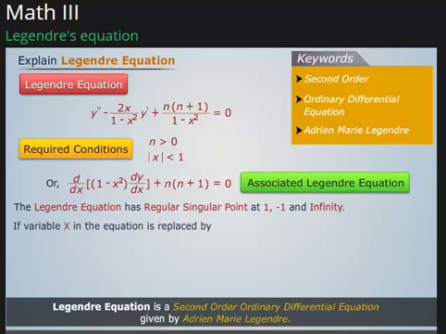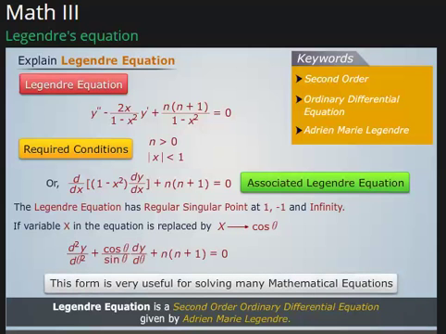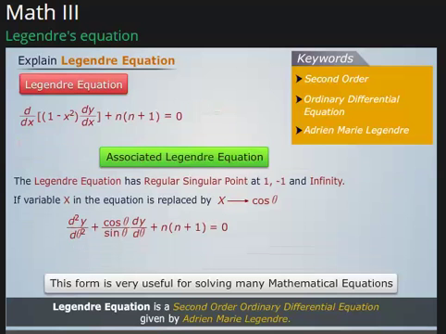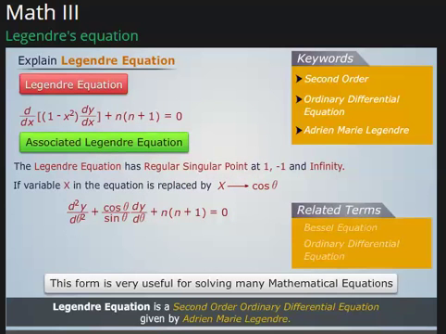If variable x in the equation is replaced by, then the equation becomes of the form. This form is very useful for solving many mathematical equations. Related terms are,